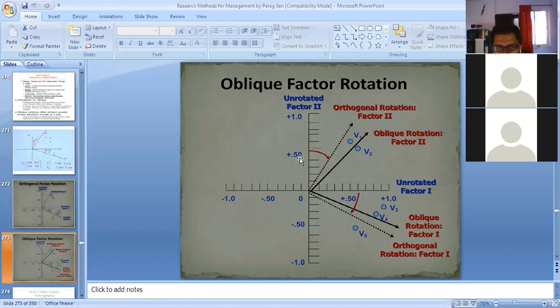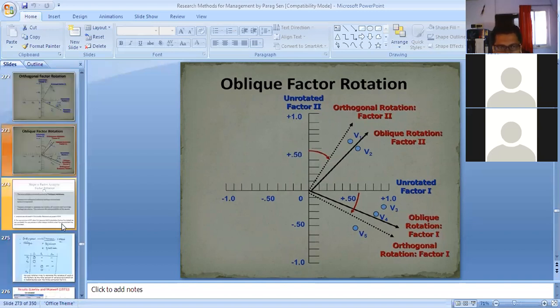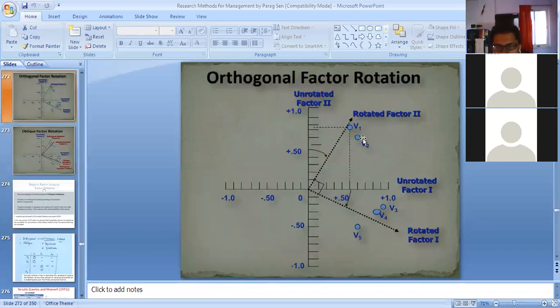Then again, in oblique rotation, there was the unrotated factor 1 and the unrotated factor 2, and you have done the rotation. After rotation, suppose you have used oblique rotation, you have got factor 1 and factor 2. Okay. And I'm not going into mathematical details, but in the case of orthogonality it is 90 degrees, so the originality is not lost.